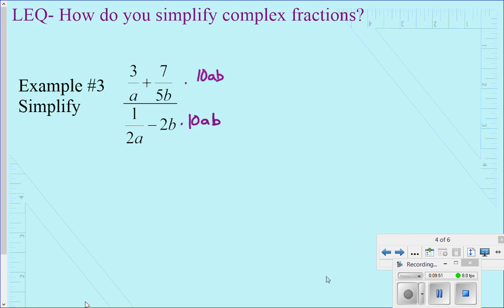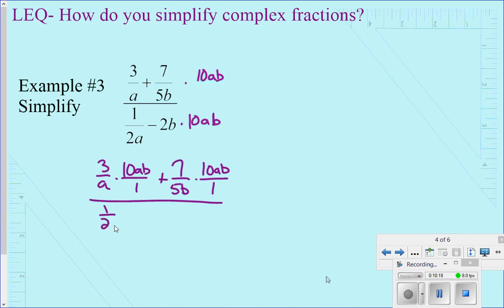And in class, once we came up with that, then I gave students time to work. So you might want to pause the video and try this one on your own and see if you're able to come up with the correct answer, and then of course play and check your answer. So if I'm multiplying everything by 10ab, I have 3 over a times 10ab over 1 plus 7 over 5b times 10ab over 1, all over 1 over 2a times 10ab over 1 minus, this is 2b times 10ab, that's 20ab